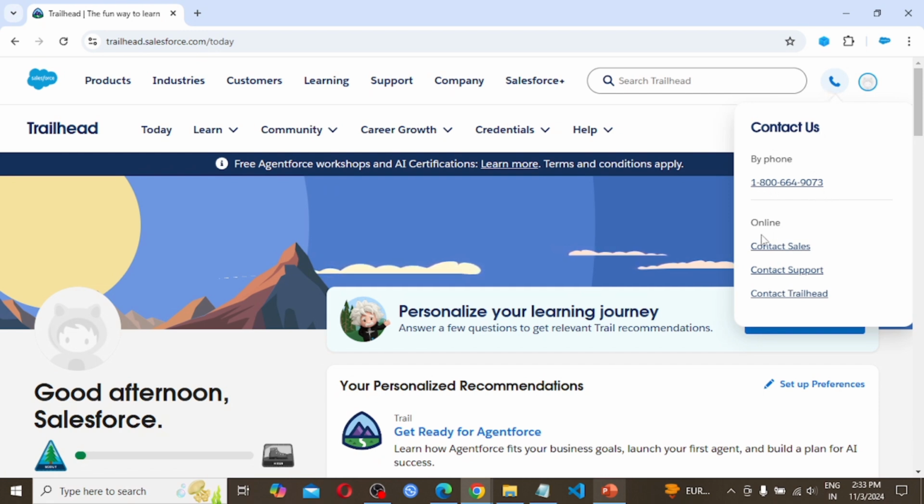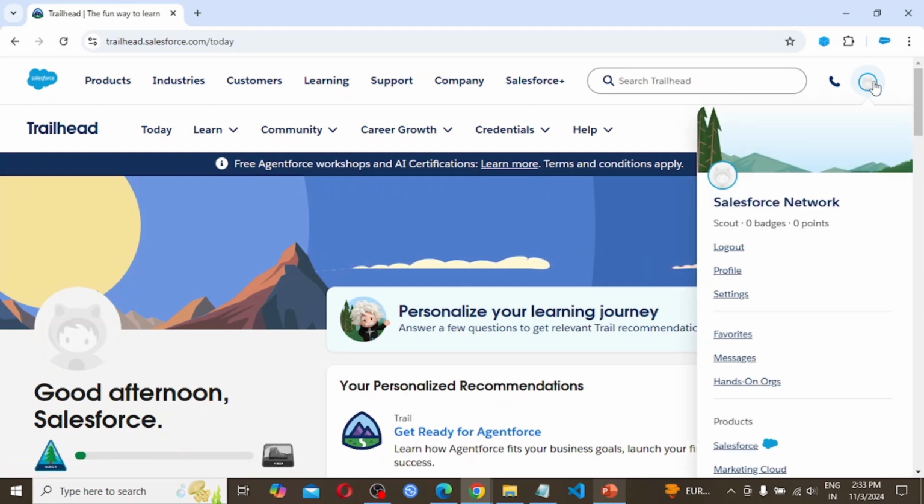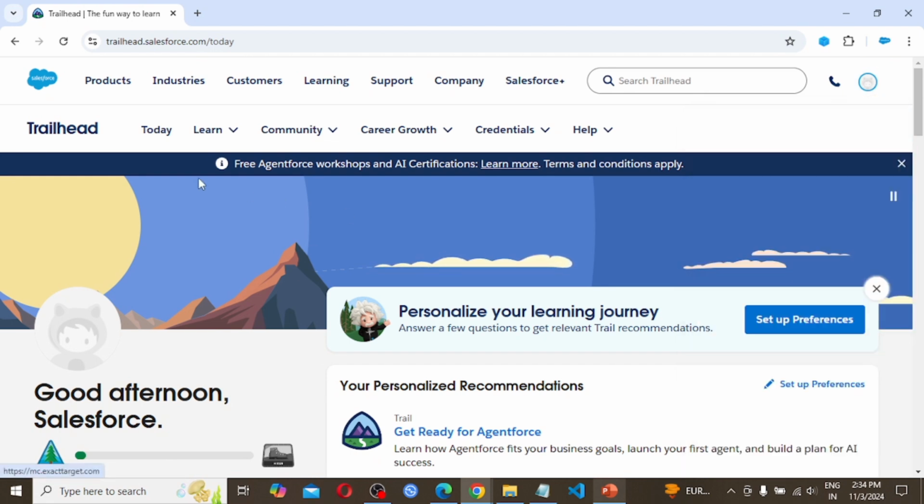This is the number. Online, contact sales, support and Trailhead. At the top right corner we are seeing the profile. So this is the account name, logout, profile, settings, favorite, messages, hands-on org, products, Salesforce, Marketing Cloud.